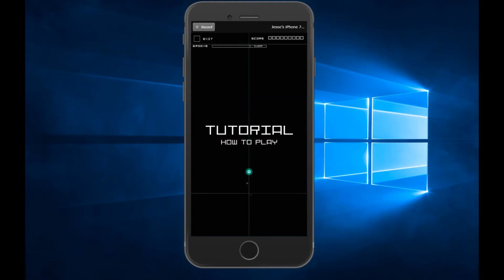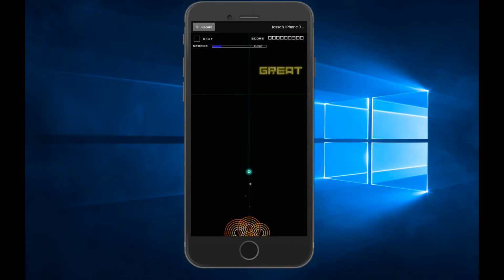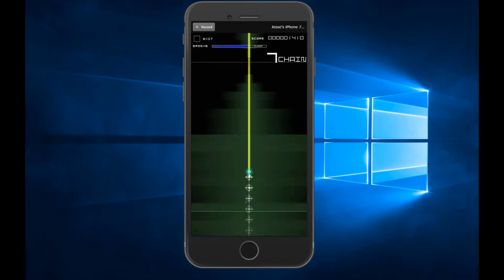So you see the line goes up the screen here. And eventually, right now, you see that dot that appeared. That indicates that you tap. So I'm tapping on the beat. And I hope there's not a lot of lag via AirPlay, because I'm listening to this headset via AirPlay.